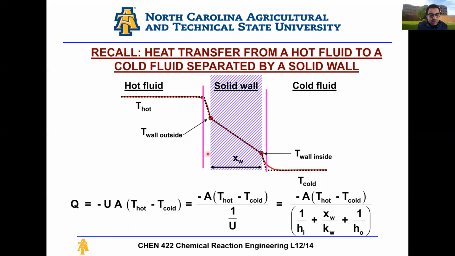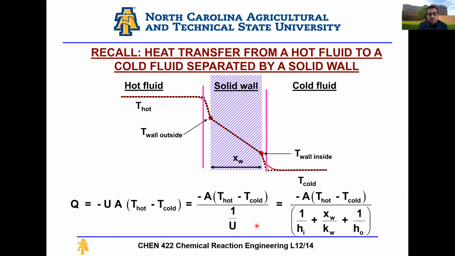This is the temperature of the wall on the outside. This is the temperature of the wall on the inside. And this is my cold bulk temperature. My overall heat, or my overall Q, is equal to minus UA (T hot minus T cold), minus A (T hot minus T cold). And again, this is similar to having your interfacial area, and your overall